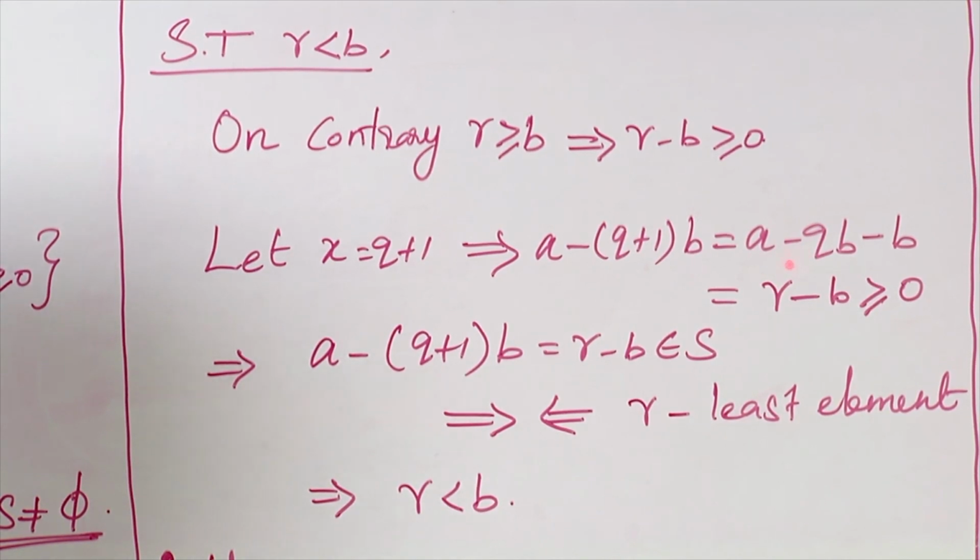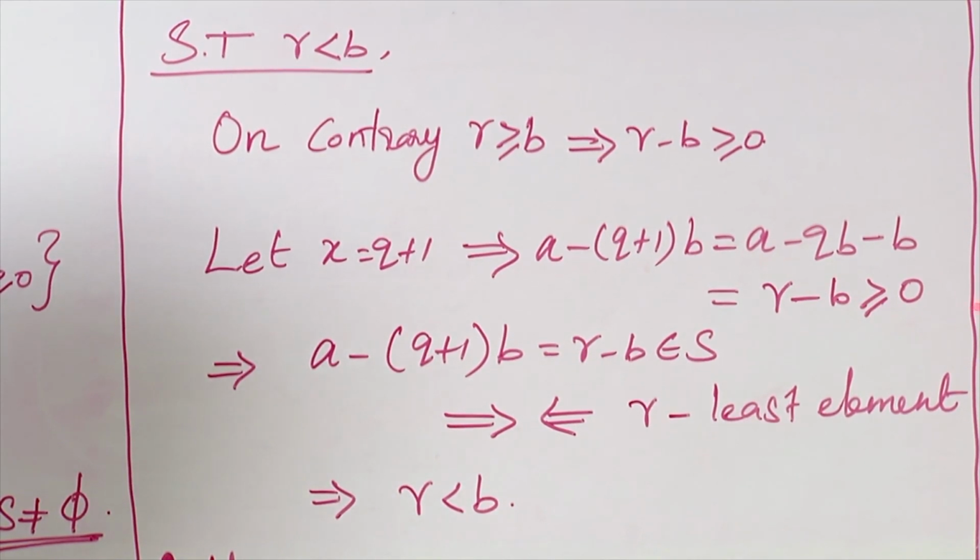Therefore, I am going to substitute here. This is r minus b, and r minus b is greater than or equal to 0 because that is what we assumed here. So, since r minus b is greater than or equal to 0, I am going to try to put this r minus b of the form a minus xb. That is, if you consider a minus (q plus 1)b, that will give you r minus b. Since r minus b is greater than or equal to 0,